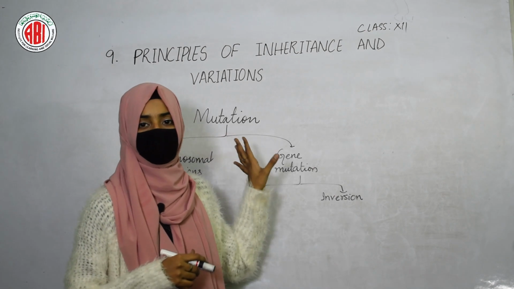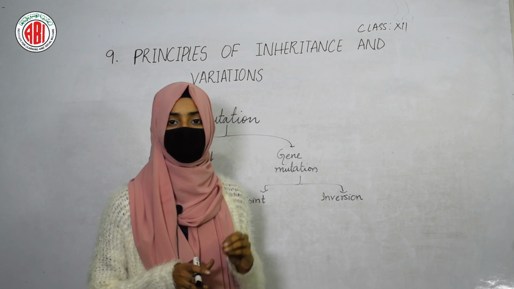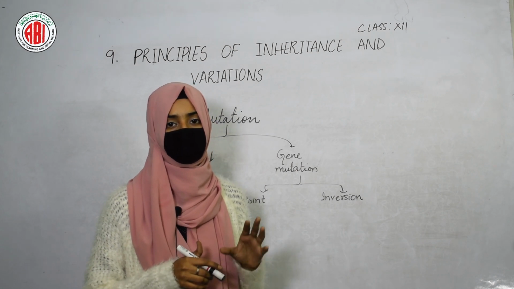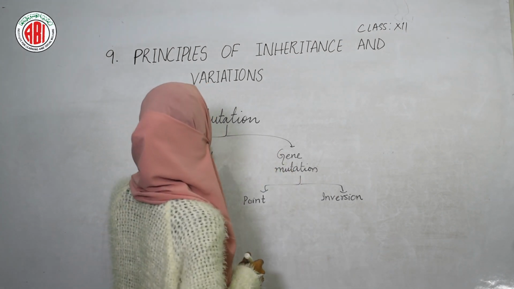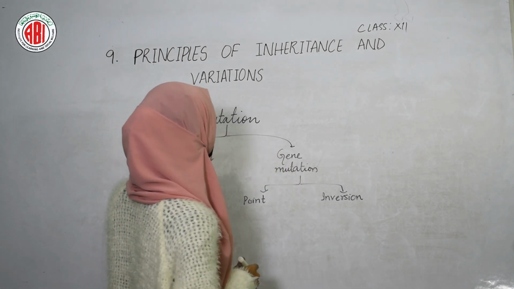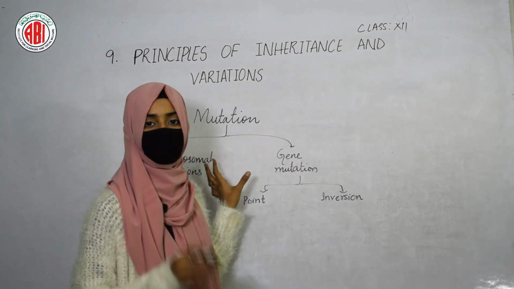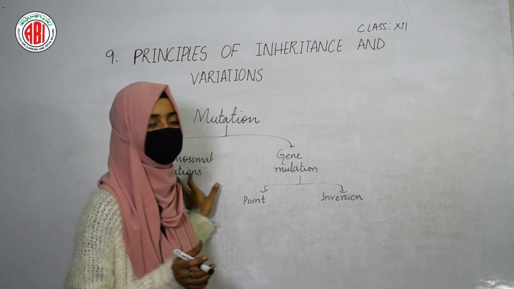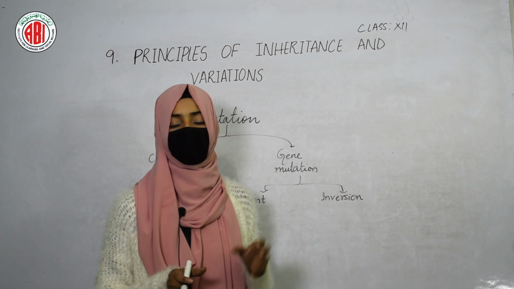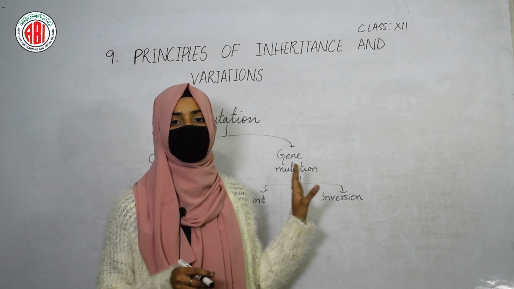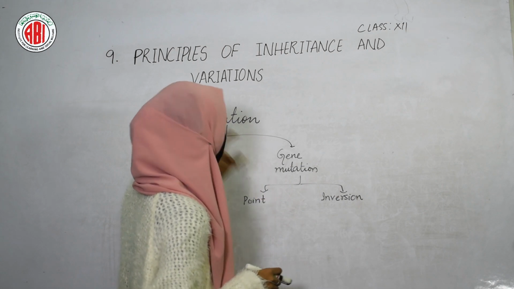Let us talk about mutation. Mutation is a phenomenon in which an alteration of the genes or an alteration in the DNA sequence takes place. If the genes or the DNA sequence get altered, then that phenomenon is known as mutation. It is of two types, chromosomal mutation and gene mutation. If the changes occur in the chromosomal structure, then that is called chromosomal mutation, and if the changes occur in the coding of the amino acids in a protein chain, or in the coding of the genes, then that type of mutation is called gene mutation.